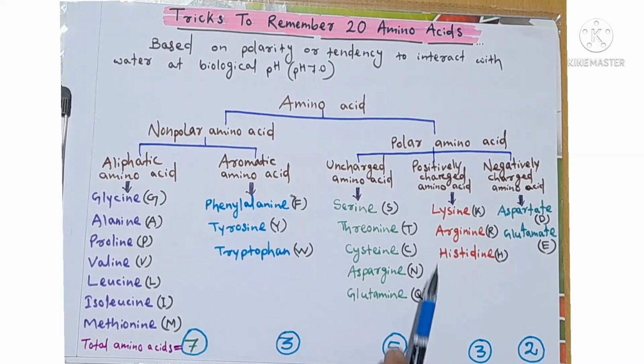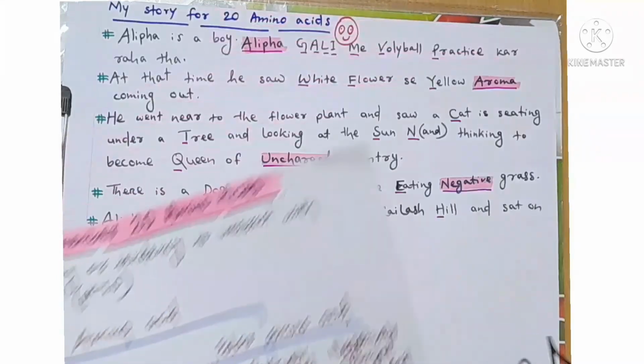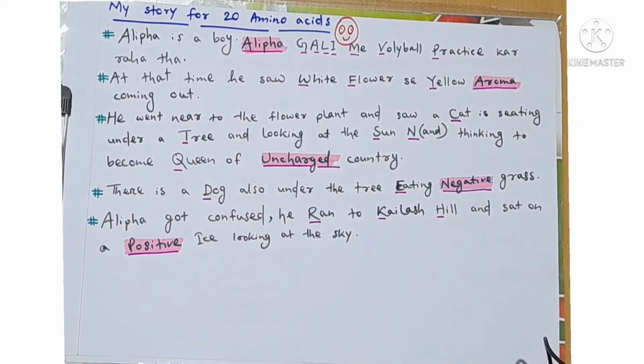So to remember all these 20 amino acids according to their respective classes, I have made a story. So the story is,